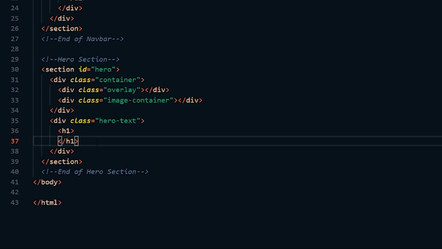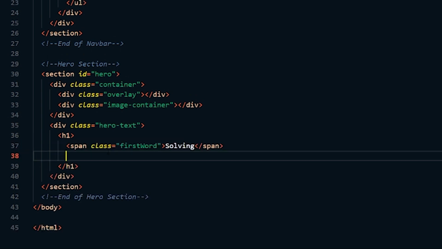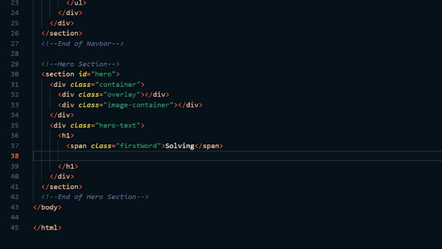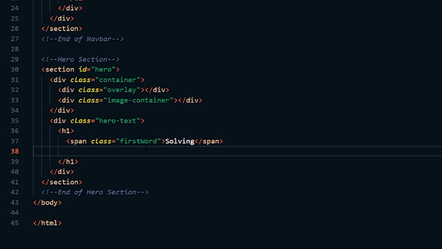overlay. The first thing that we're going to need in our hero text is going to be an H1. And what we're going to do here is I want to style the very first word of the hero text, and that is going to be the solving word. So we're going to place that in a span, and a span essentially gives us the ability to style this one thing. After that, I'm going to add a line break, and I'm going to go ahead and write problems and creating. Adding another line break is going to be solutions. So basically what we're saying is solving problems and creating solutions, and I want to have it on 3 different